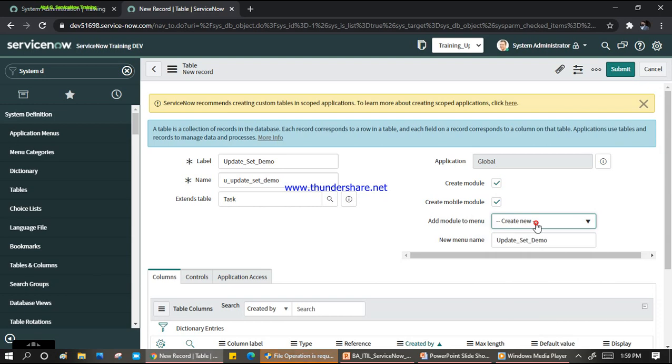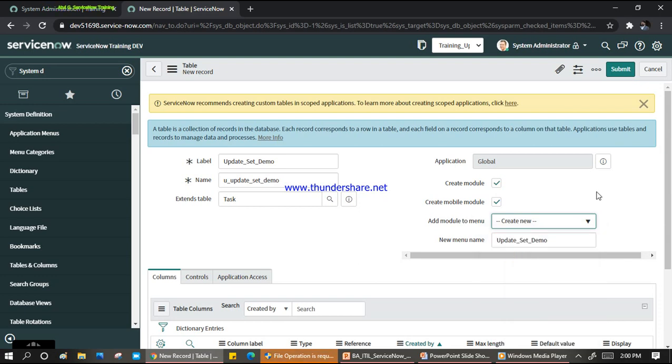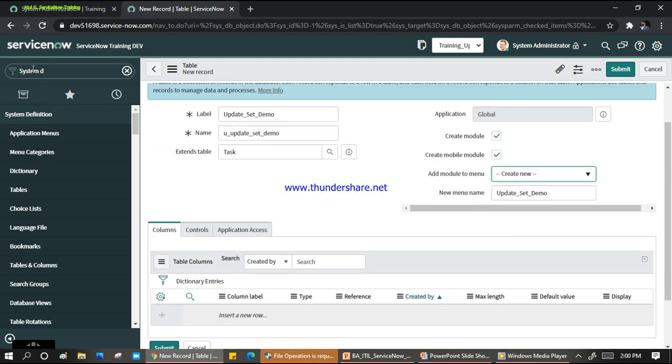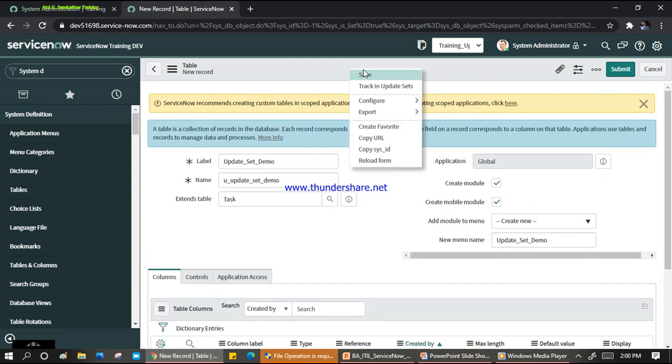Okay, let me see, not this, or I'll click on the create. First I'll create new, and a new menu name. The name will come here. I'll say let's have this thing only, and click on the submit button. So it will create a module for me, it will create a mobile menu for me, and this table is